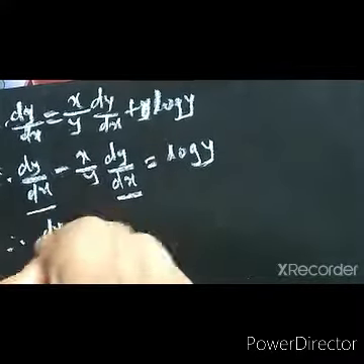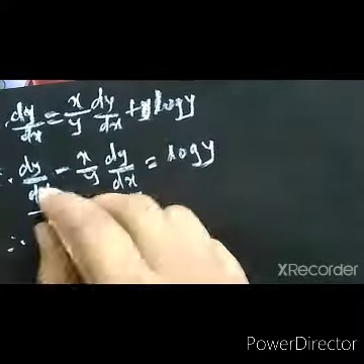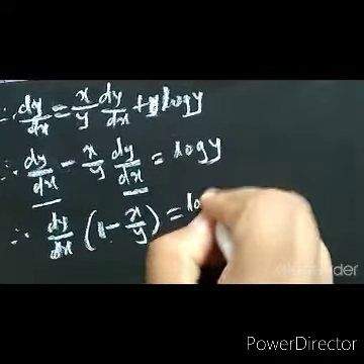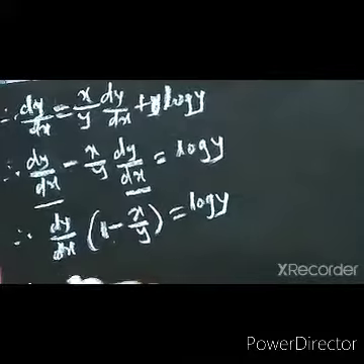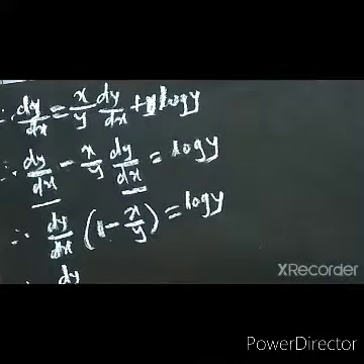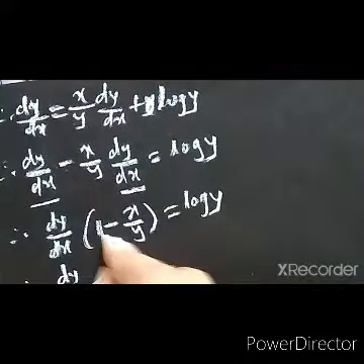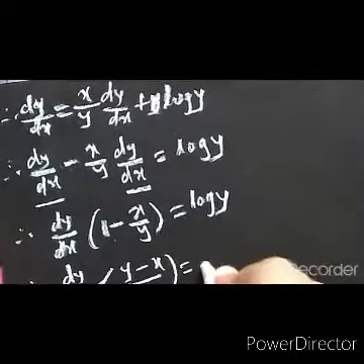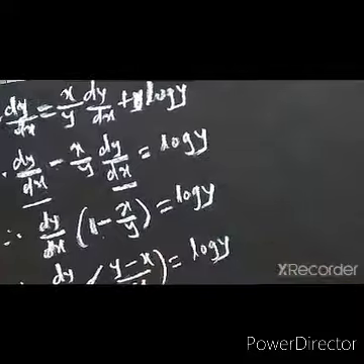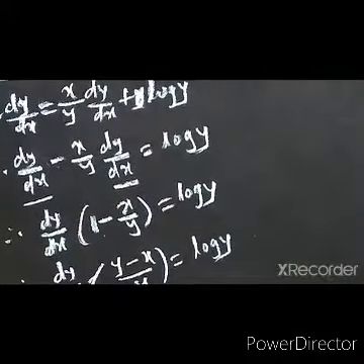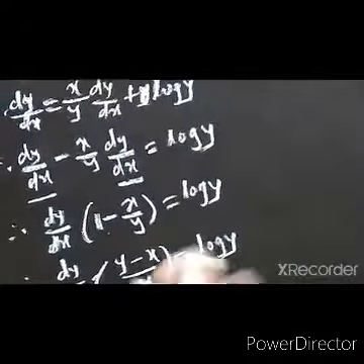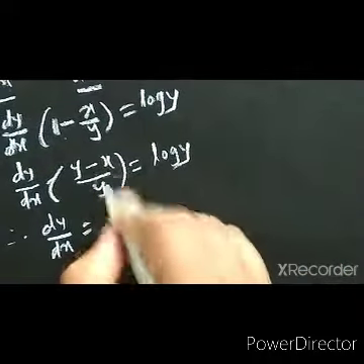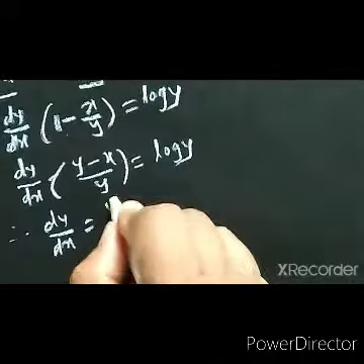Therefore dy by dx in bracket 1 minus x upon y is equal to log y. Now here dy by dx, cross multiplication, in bracket y minus x upon y is equal to log y. Therefore dy by dx is equal to, we can shift y to the right hand side, y log y